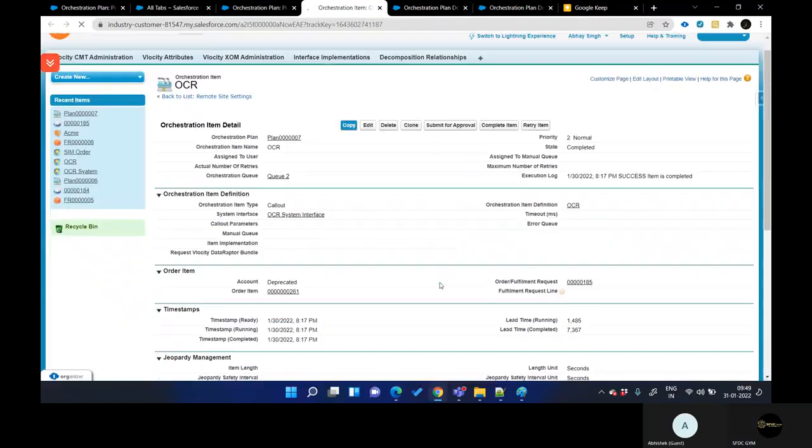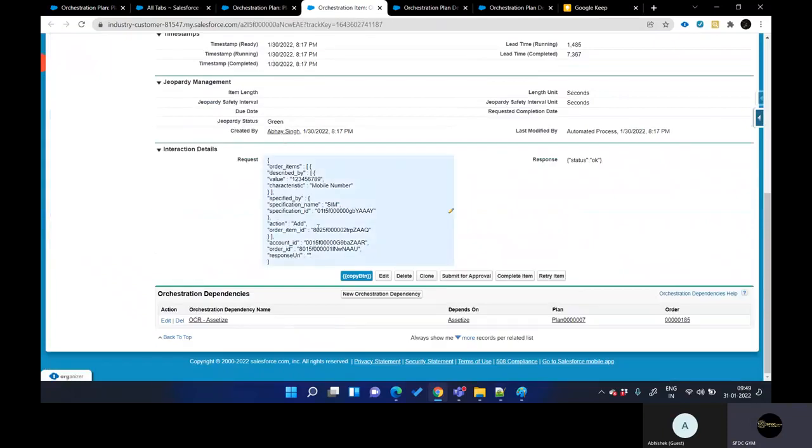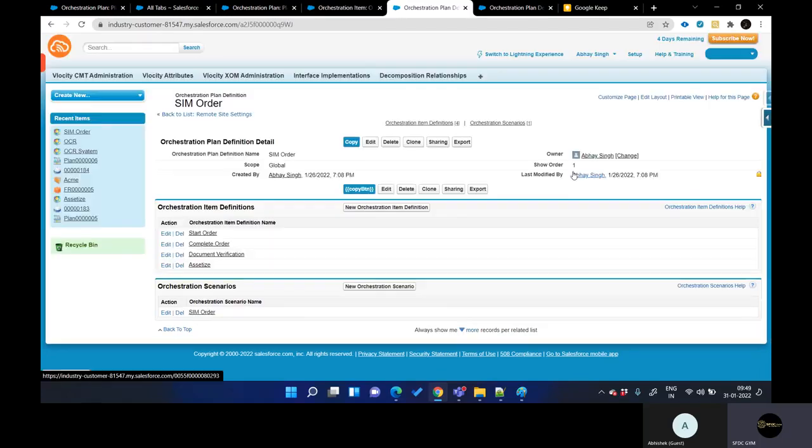If you click here, you will see this is the request that we have sent. This is the same request that is captured at this level. And this is the response that your third party is sending. If it is an actual OCR, then you will send something to this level, and there you will see some notes for phone number, mobile number, or all those third party applications that we have used, right? ACC ID number, SSC ID number, PAN number, all those things will be captured in this response. And then we will send this response to the next stage